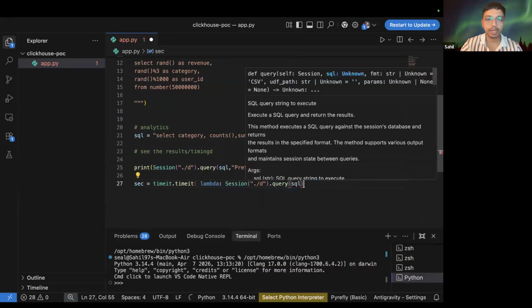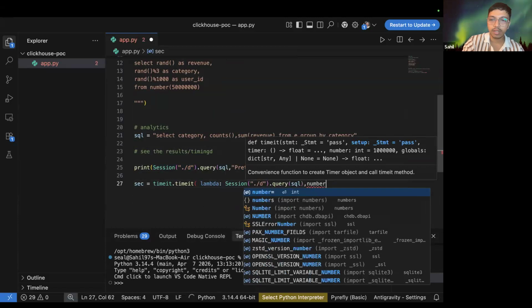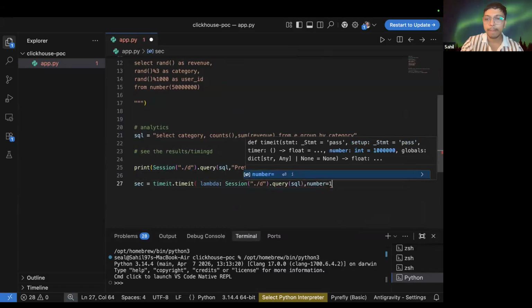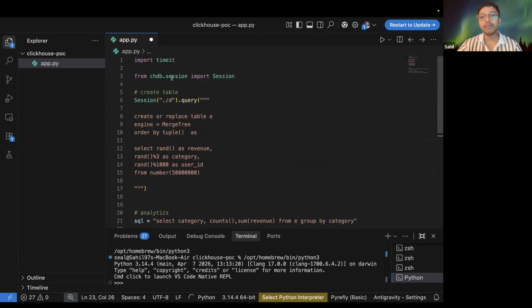I'll run my SQL query and I'll run it only once, number is equal to 1. Okay. So what I'm doing here, just to reiterate, is importing a time library, importing the ClickHouse database,